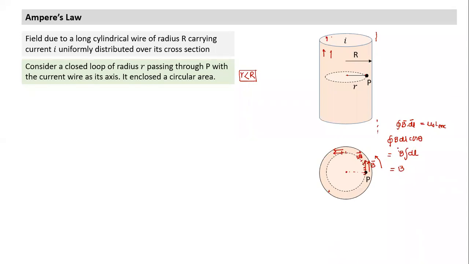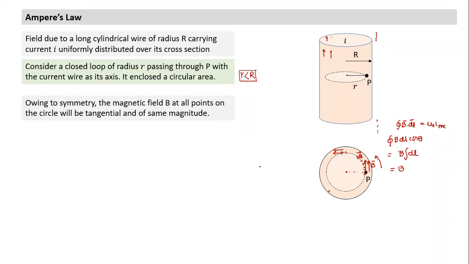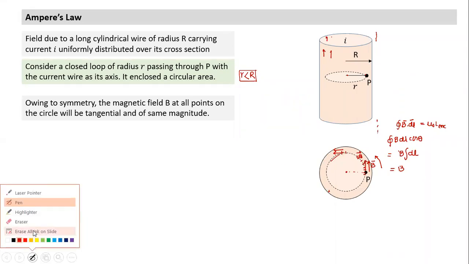In the line integral, no. The current will change, right, sir? The current will be r by R square into I. Yes, so that's where the difference comes in. When we take the current enclosed, we have to take the current passing through this area. So let's do that part carefully now. Some of you can spot that.